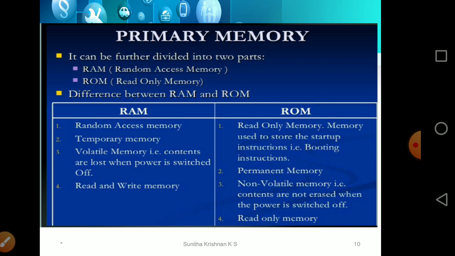When coming to the ROM, it is read only. You can just read the contents that are written here. The users cannot write anything on the ROM. When this chip is manufactured, some data is put into it, and only that data can be read. Mostly it is used for booting instructions. Booting means to start the computer. The process of starting is known as booting. So most of the time this booting information is stored in the read-only memory, and it's a permanent memory and it's non-volatile, which means that even if power is gone, the contents are not erased.